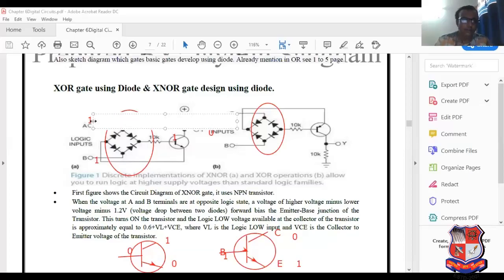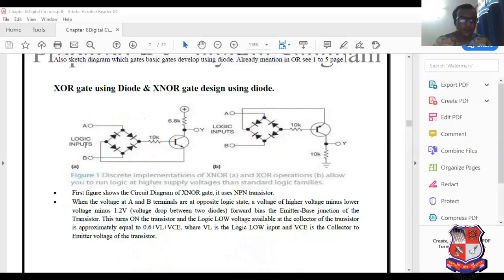Now if here we switch over to 0, and here also we can apply 1, here also we can apply 0. So due to the presence of 0, the diode acts as reverse bias, so it acts as an open circuit. So here also 1. So for 0 0 and 1 0, the output here is also 1. It is the clear case.